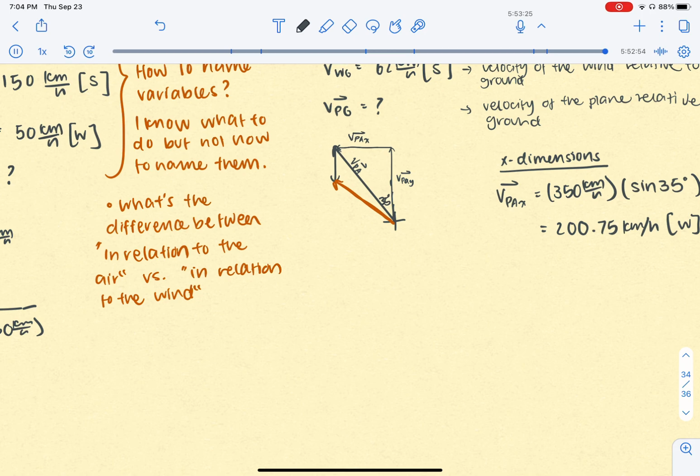I'm confused. Why is the second vector drawn like that? I think the second vector is confusing. It's AG, because the second vector, AG, is the air relative to the ground. And it's going west 25 degrees south. So that's why it's going